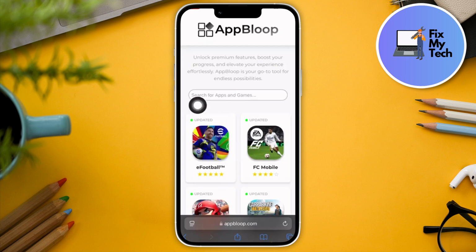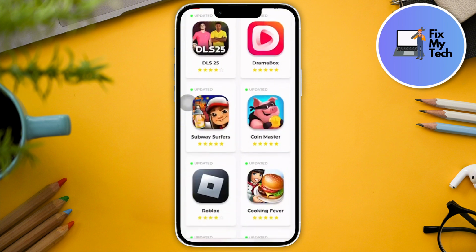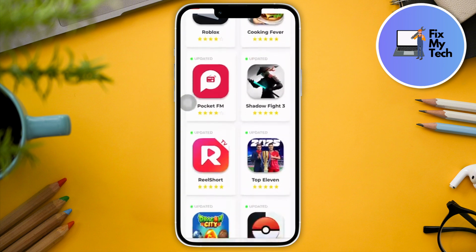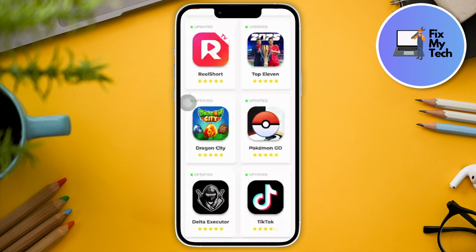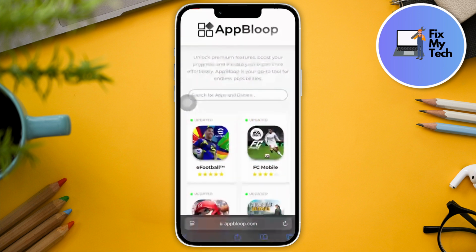And by the way, guys, it's not just eFootball that is going to be here. There's a lot of games here. For example, Subway Surfers, you have Roblox, Shadow Fighter, and even Pokemon Go is here. Even TikTok. Alright, that's something interesting. For this one, if you click on eFootball right there, it will direct you to the application itself, specifically